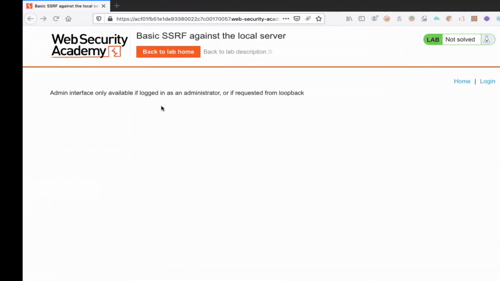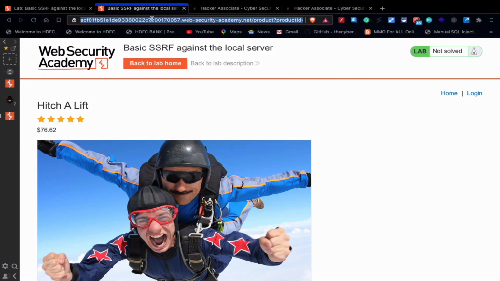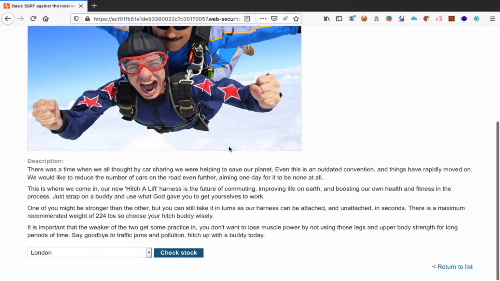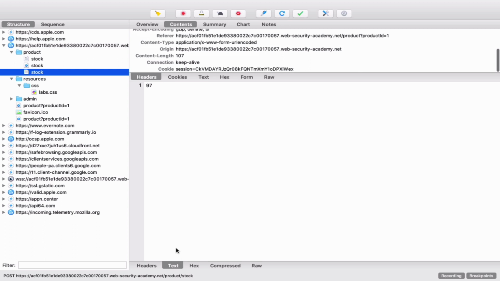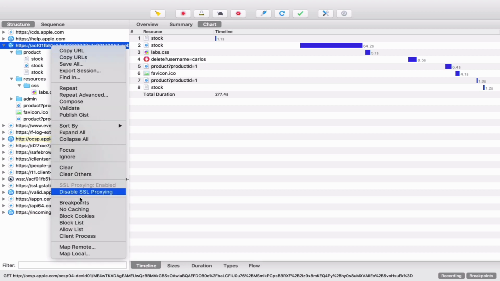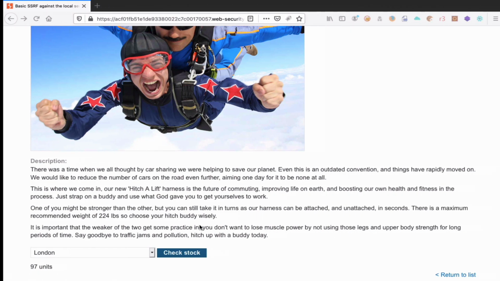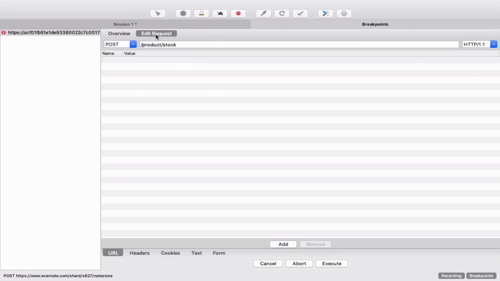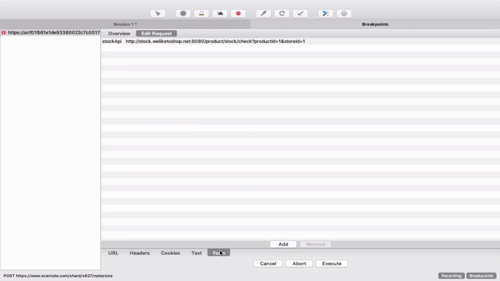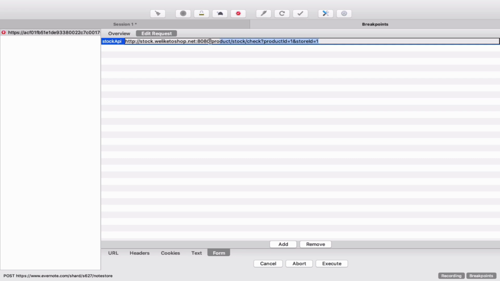So let's do it one more time. Let's copy this particular URL again, paste it, and check what exactly is happening. In this case again, let's right click, set a breakpoint, and edit the request. This time I will check the form again.